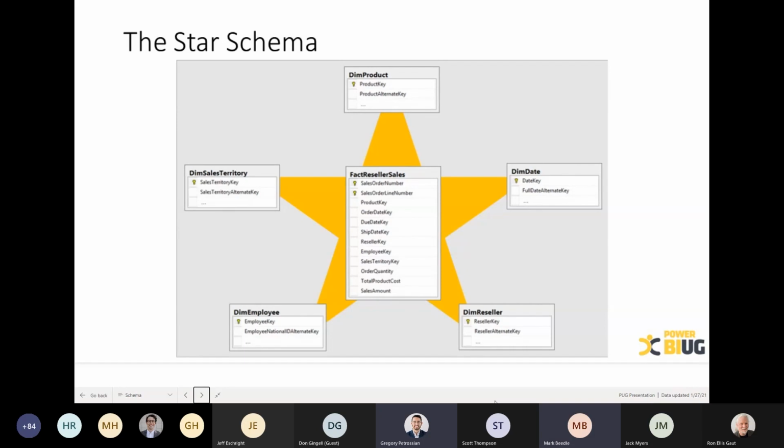I said, what's the point in a visualization tool? Because all people want is a VLOOKUP and a pivot table, right? That's all I wanted. Now I've come around and fallen in love with Power BI, but one way I talk about the difference between a dimension table and a fact table, or more like a data table and a lookup table: if you're going to use a VLOOKUP to get information about a transaction, that VLOOKUP should be a data table or a lookup table or a dimension table, right?